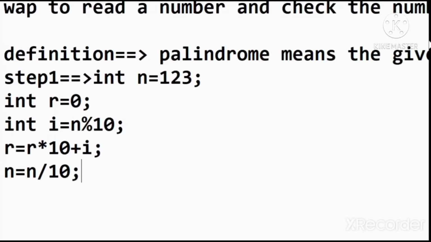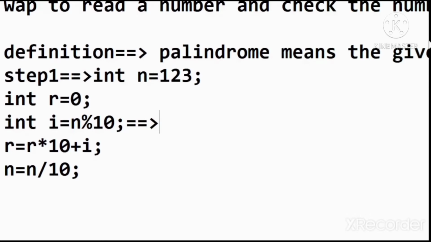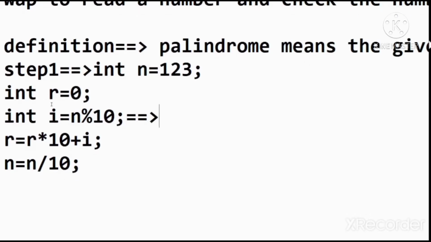So here, if we are taking int n is equal to 123 and r is equal to 0, first we calculate i is equal to n modulus 10. The modulus operator gives the remainder as a result. So if we divide 123 by 10, the remainder is 3, so i is equal to 3.